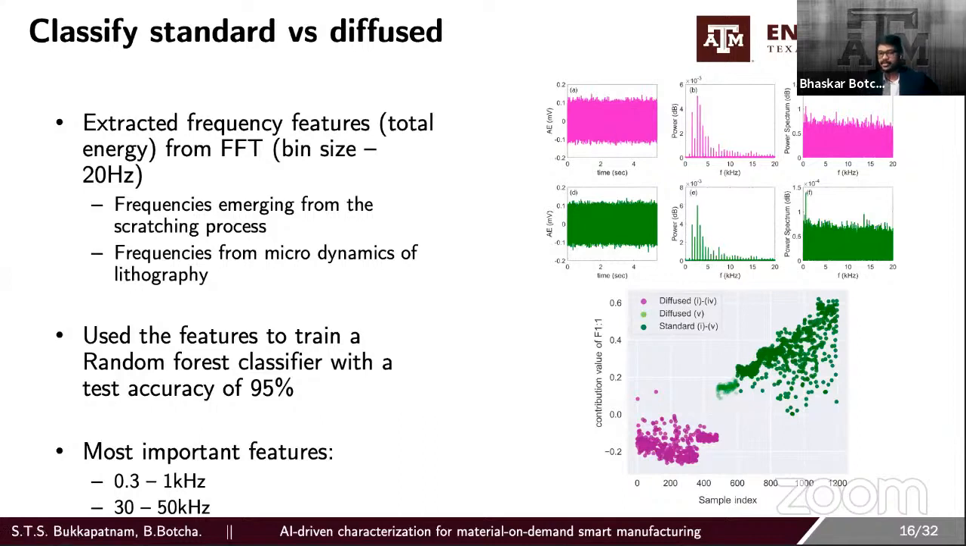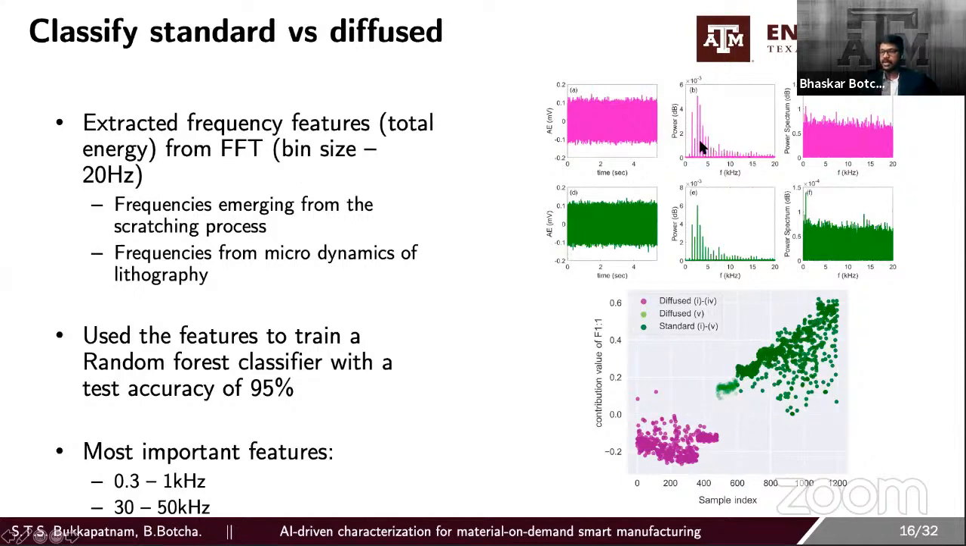We just took an FFT of this particular signal, and we have divided the whole FFT into multiple bands. So we say the bin size is around 20 hertz, and we find the total energy of this particular frequency spectra in the 20 hertz. If the concept of binning is new, I'll be discussing that in detail in the second case study, where we discuss rapid characterization. So for now, just take that we have divided the frequency spectrum into 20 hertz bins, and we have used